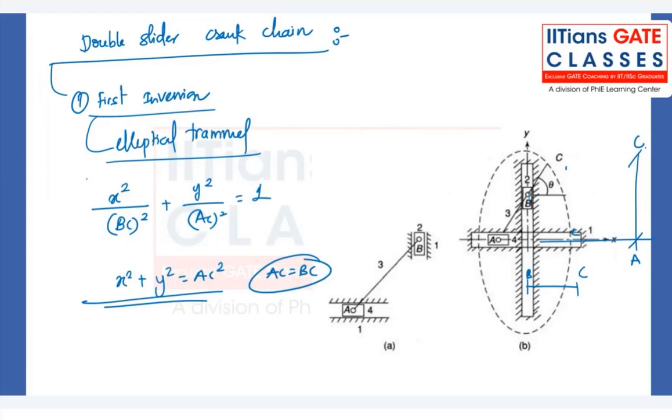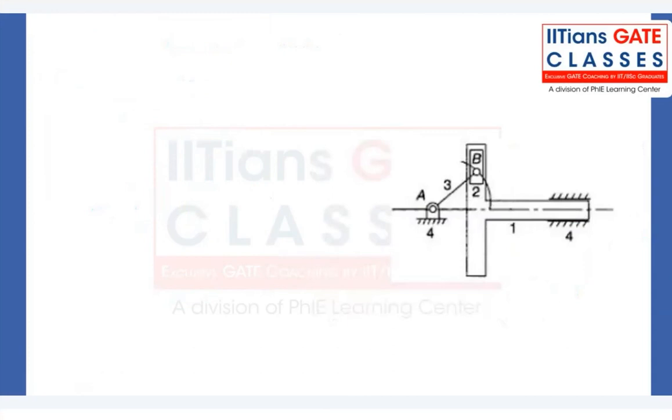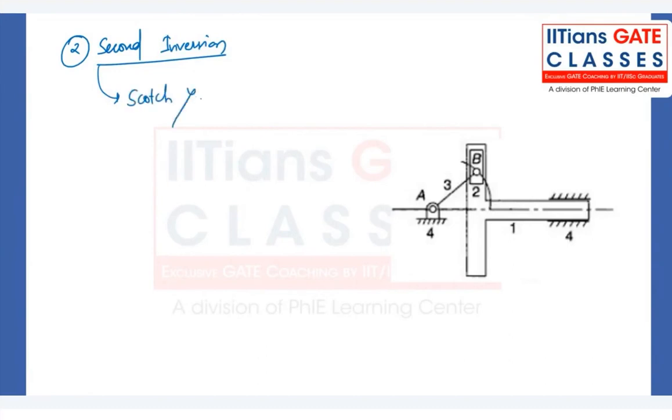Second inversion, we can fix the link number 4, and the application of it is Scotch yoke. Scotch yoke mechanism is used to generate the function. It is a sine and cosine function generator. So for example,